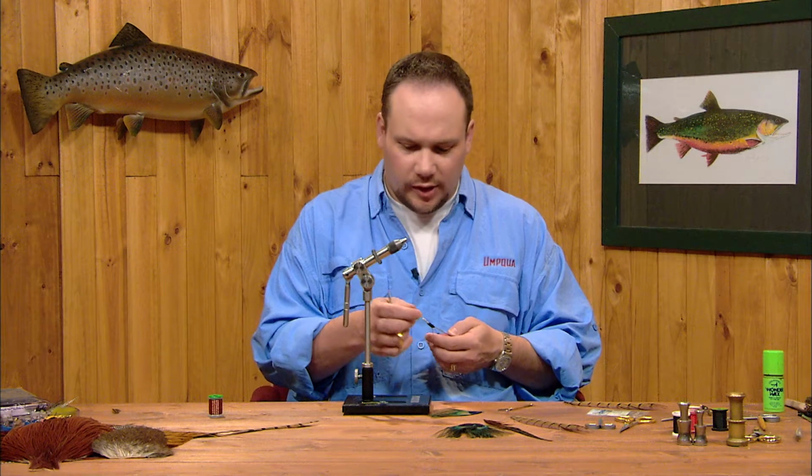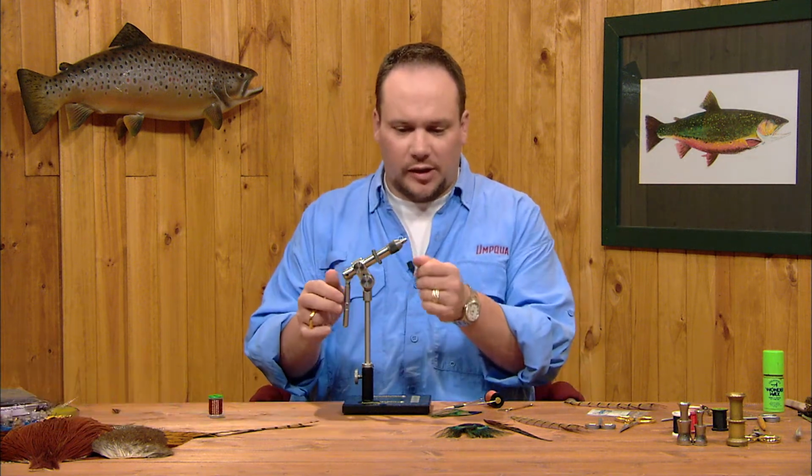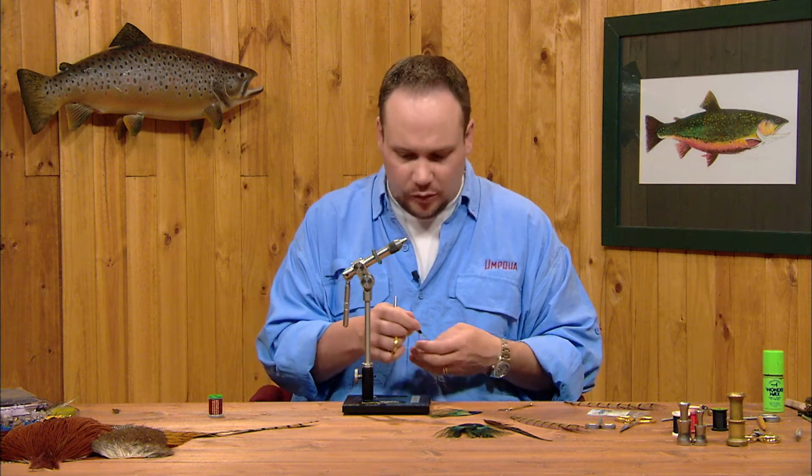Now we're going to tie a pheasant tail. This is a great little mayfly nymph imitation that's really simple to tie, uses some very commonly available materials. It's one of my favorite flies to tie because it's really quick and cheap to tie, doesn't require anything real